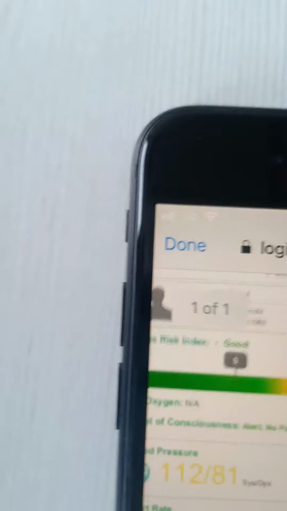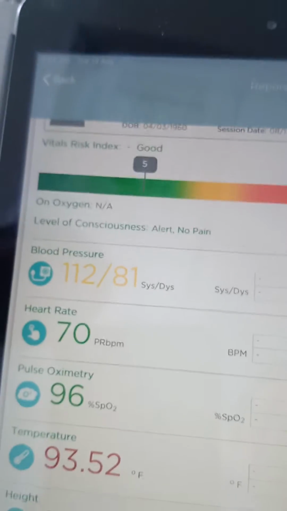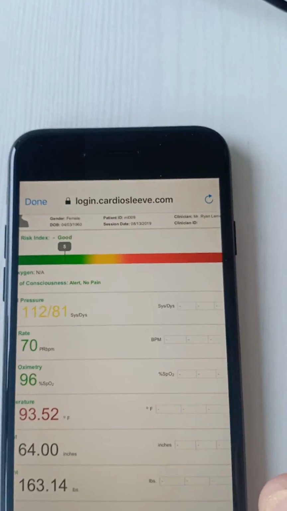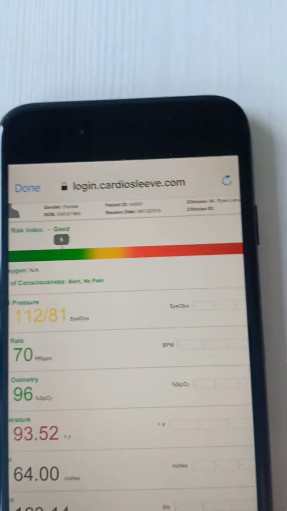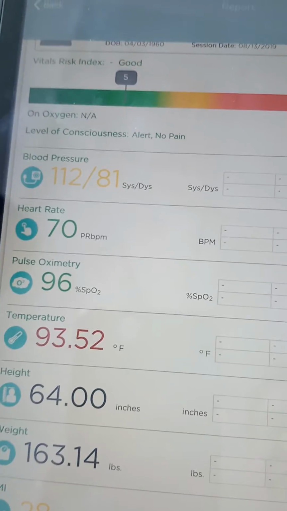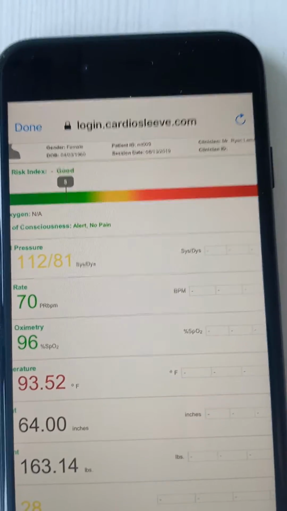Yeah. So you can see 112/81 the blood pressure on the iPad, 112/81 the blood pressure on the iPhone, 70 heart rate, 96 SpO2 on the iPad, 70 heart rate and 96 SpO2 on the iPhone, 93.5 body temperature on the iPad and 93.5 on the iPhone, 64 inches height, which is actually 5 feet 4 inches on the iPad, same on the iPhone,